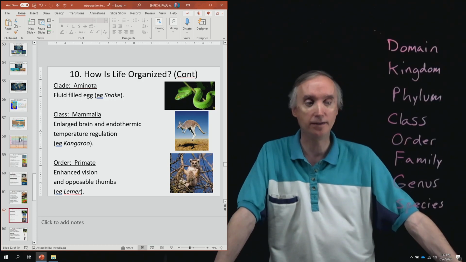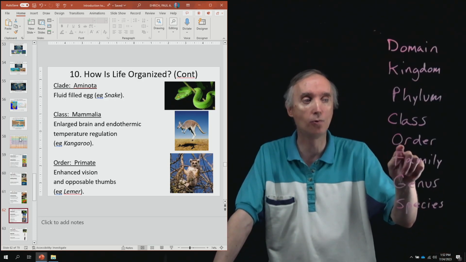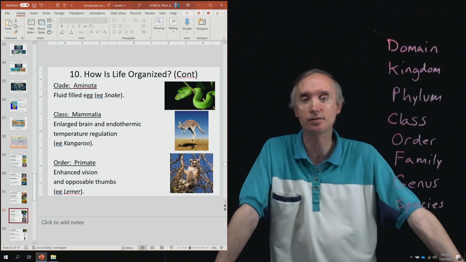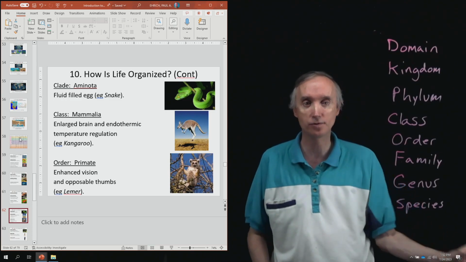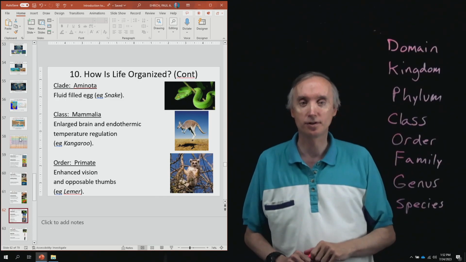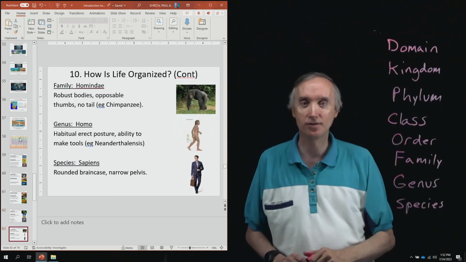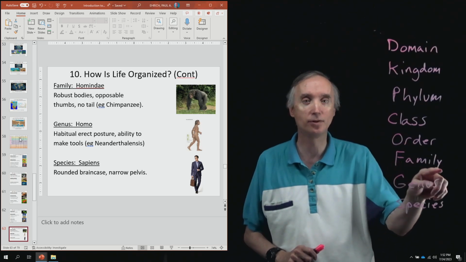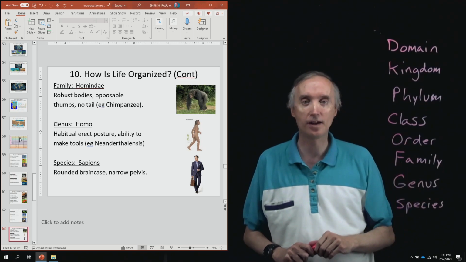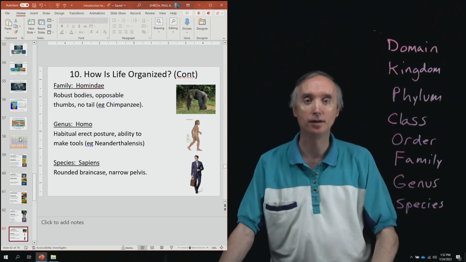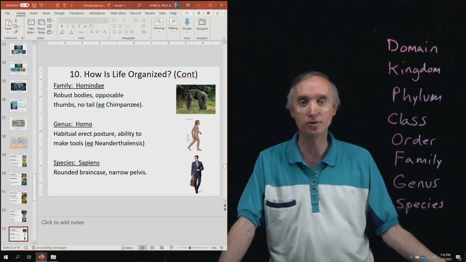It's a primate, so now we're talking about orders. Primates have enhanced vision and opposable thumbs. So can you guess what I'm getting at here? Okay, then the next is a family. It's in the family Hominidae. And so it has a robust body, opposable thumbs, no tail,